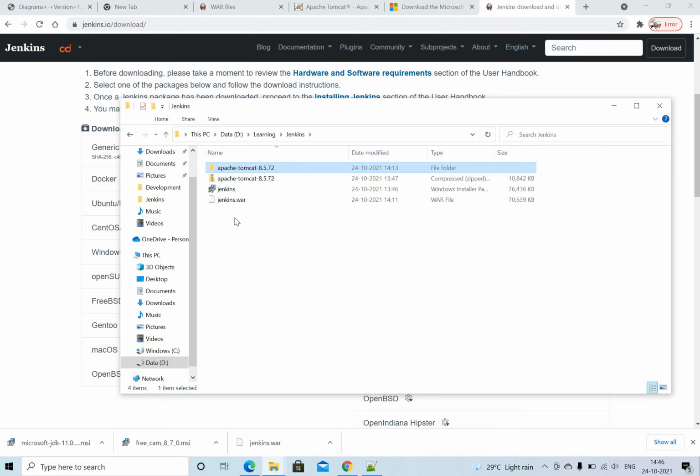Jenkins is built on Java technology, so we need a Java version installed. Any version greater than 7 would be fine. You can just download the JDK and install it on your machine.